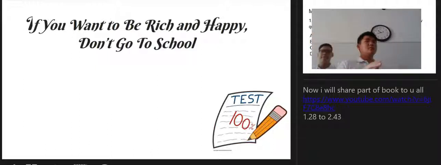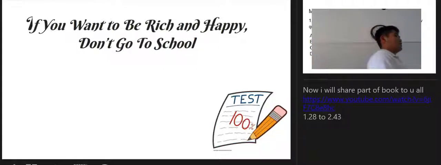Now I will share the difference between asset and liability. In the concept of Robert Kiyosaki, an asset is, for example, you buy a house and after that you rent it and you can receive the rental income every year. But most people think that when you buy a house, you just own an asset, but it's not true. When you buy a house, you must pay the installment to the bank, and this makes you pay a lot of expenses, and that turns it into a liability.